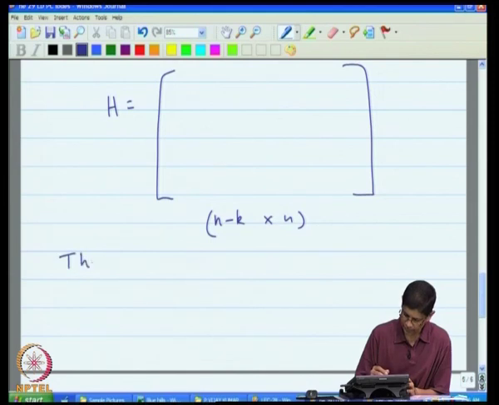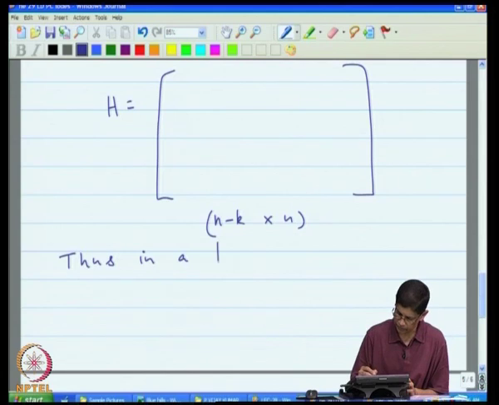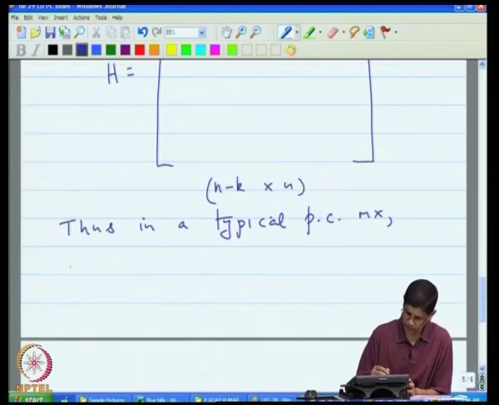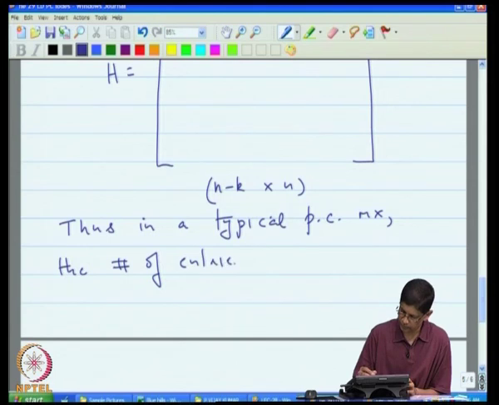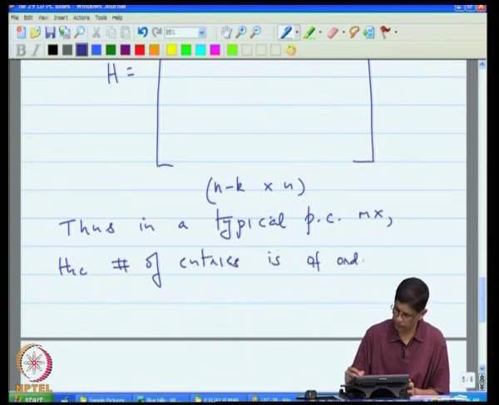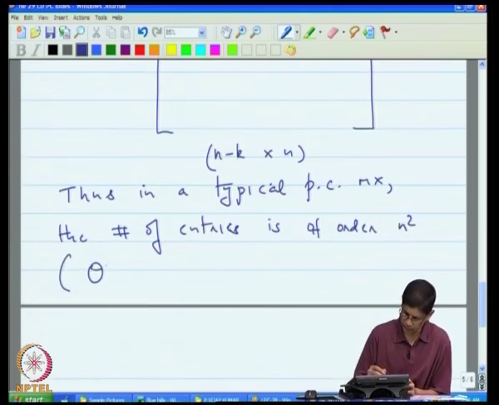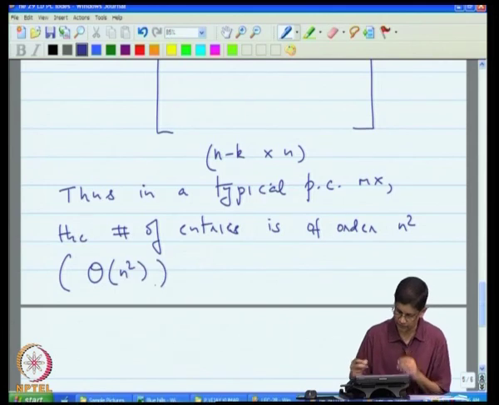Thus, in a typical parity check matrix, the number of entries is of order n squared. Okay, so, you can say that it is big O of n squared,